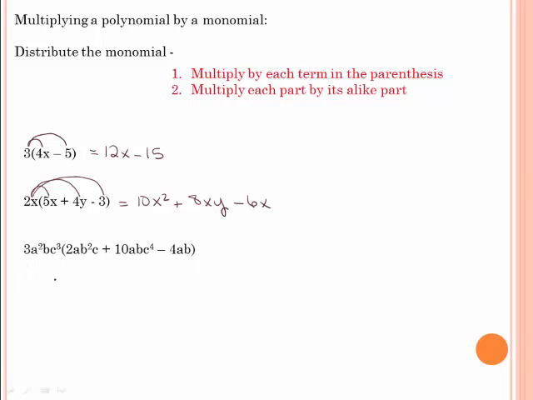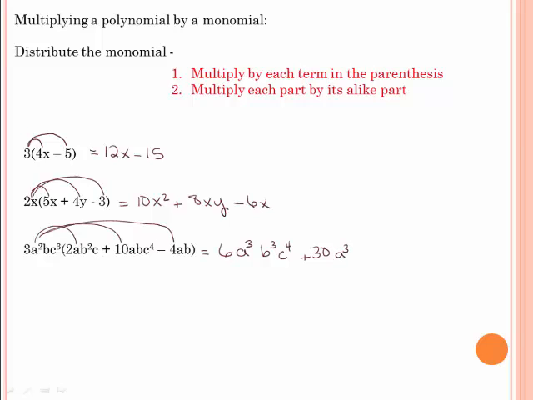If we have multiple variables, we multiply each part by its alike part. So when I do this multiplication and I distribute in, I'm going to have 3 times 2, which gives me 6, a squared times a, which will give me a to the third, b times b squared, so b to the third, c to the third times c, which gives me c to the fourth, then 3 times 10, which gives me 30,